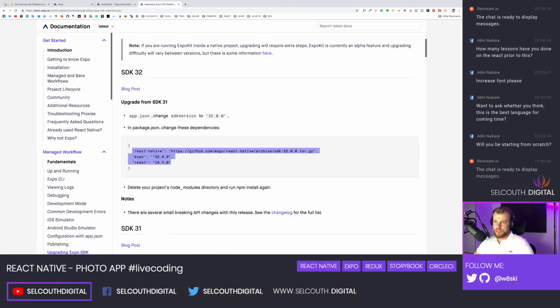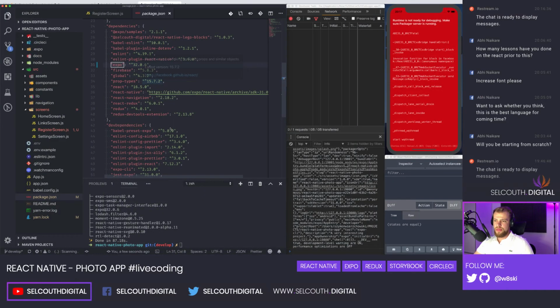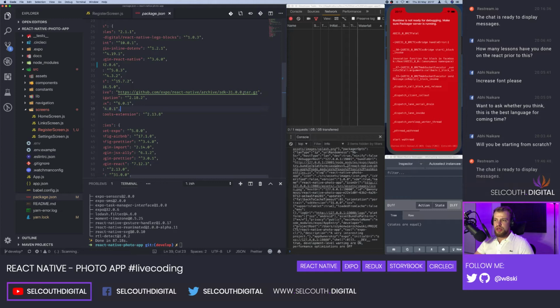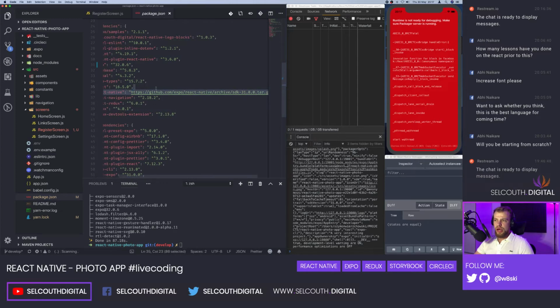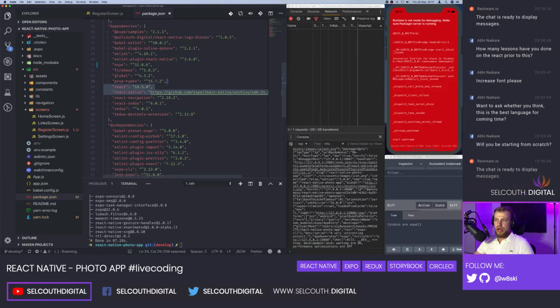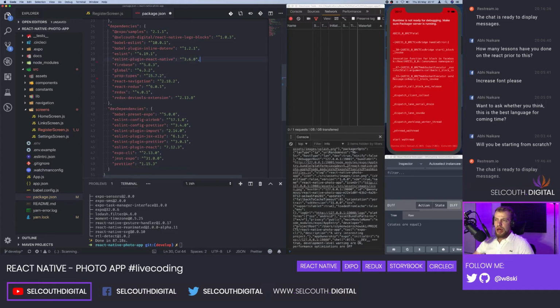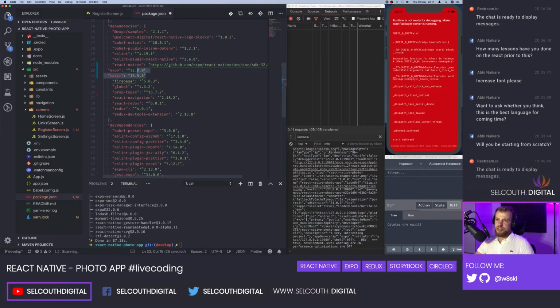Okay, I think we can do it slightly differently. So instead of adding Expo as I just did, we could get rid of these 3 packages and re-add them like so,